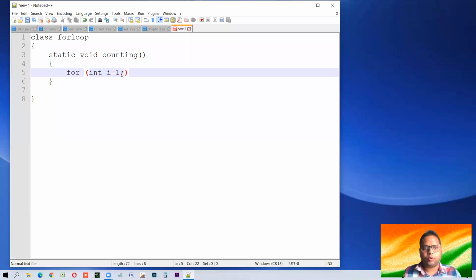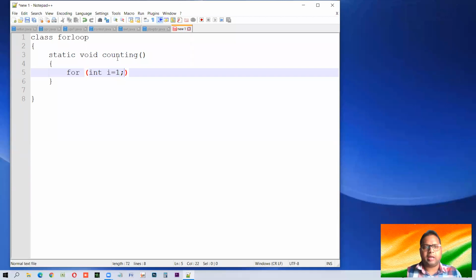So how is it written? Look at the syntax, the rule of writing this loop. First, for is written in small letters, then parentheses, int i equals 1. We are making an integer variable i. You can make any kind of number variable. Even floats or doubles can be used, but I'm using int. I'm giving the initial value as 1.